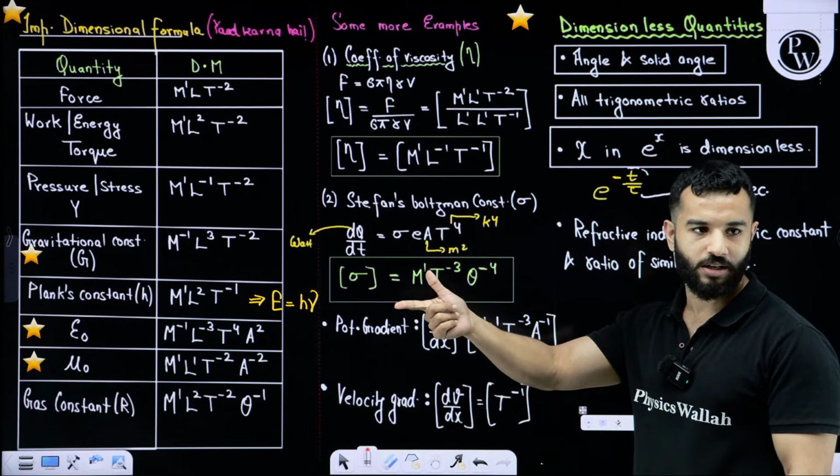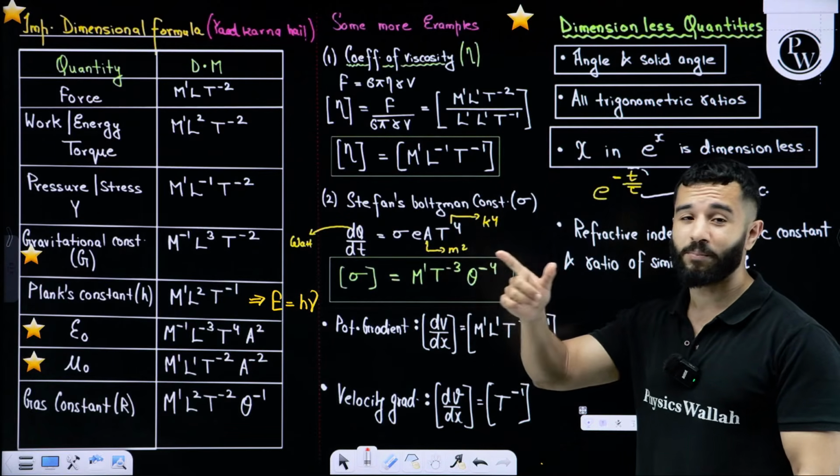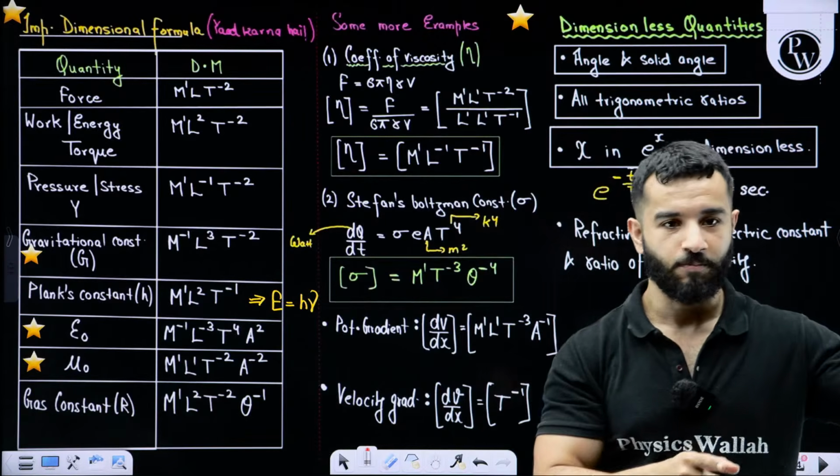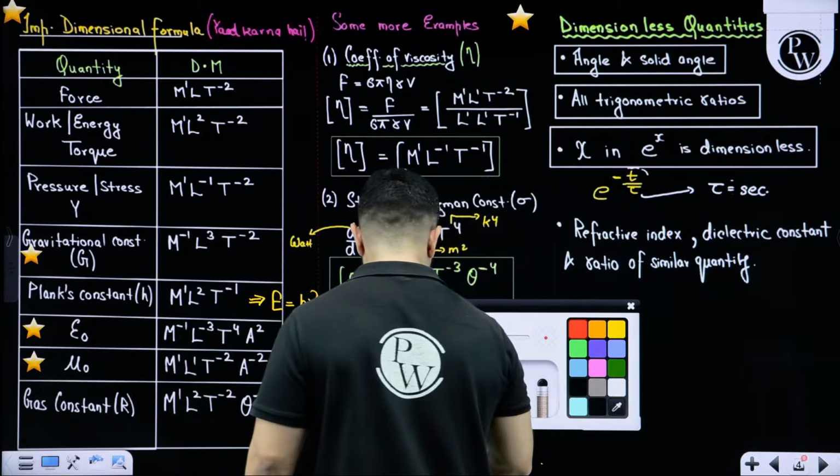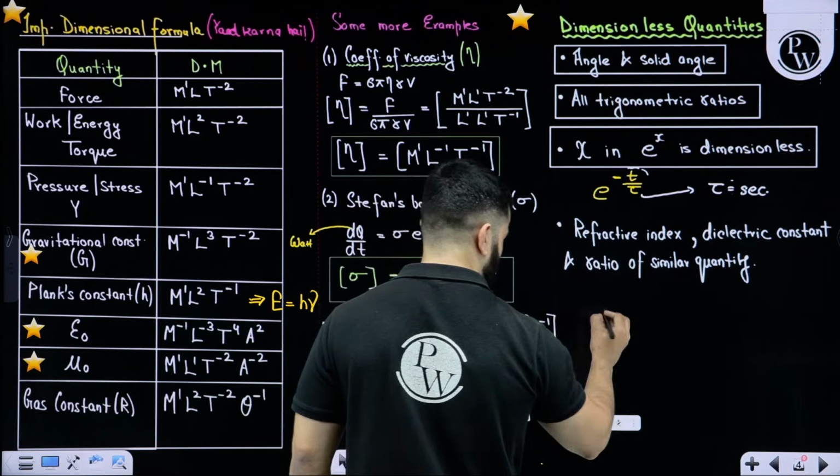Current is a dimensional constant. Do remember the dimensional formula of resistance as well, right? Do remember it for resistance as well. And for potential, my dear friends, if any one of you have any doubt in potential,